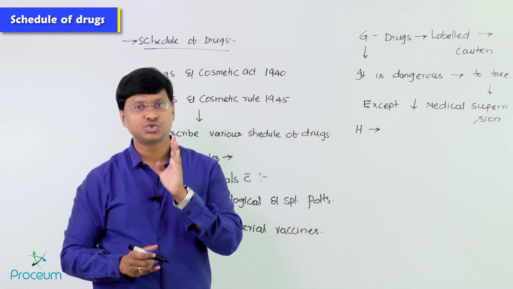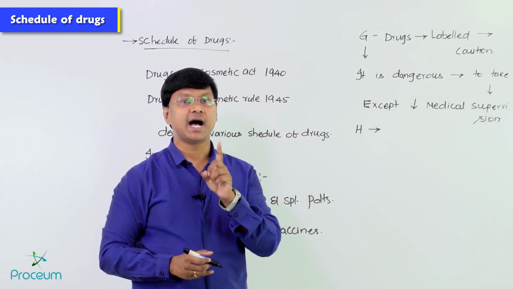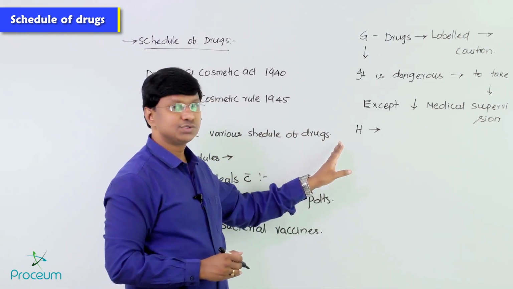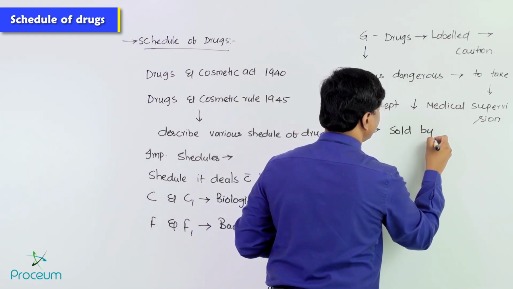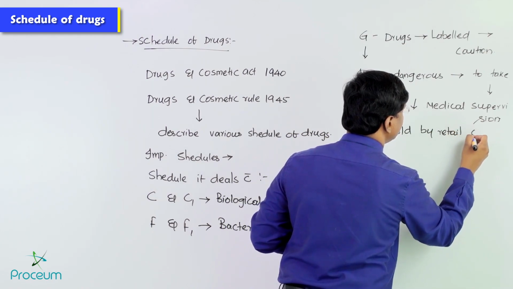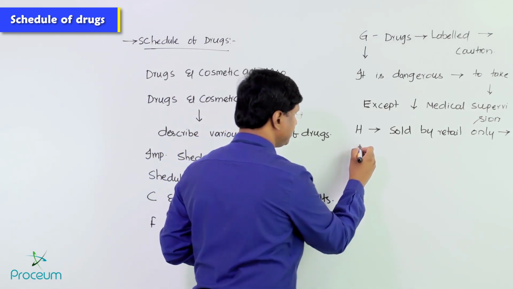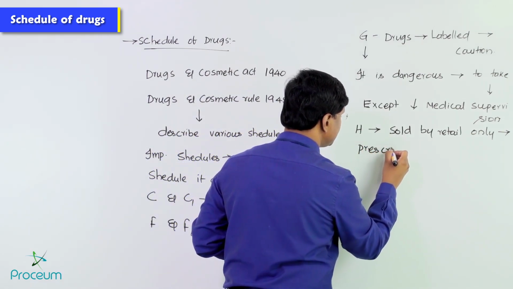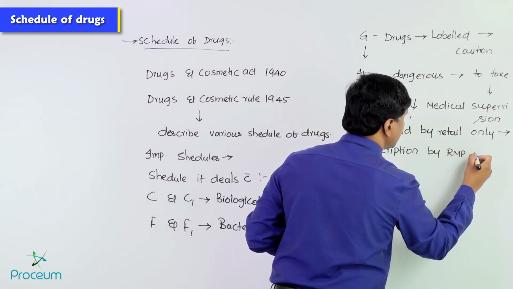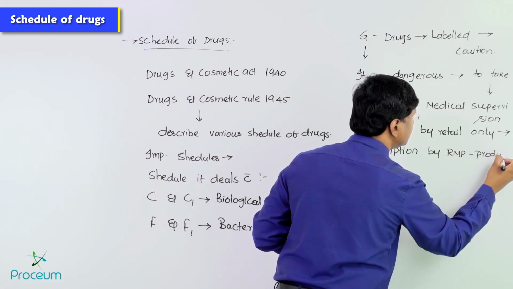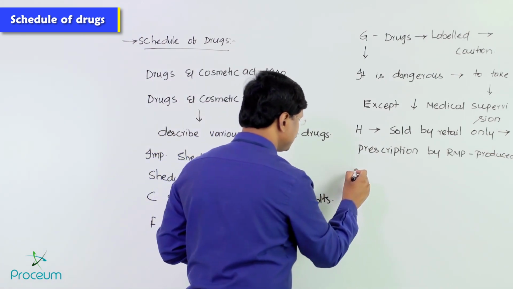Drugs that must be sold by retail only when a prescription by an RMP is produced. Next,